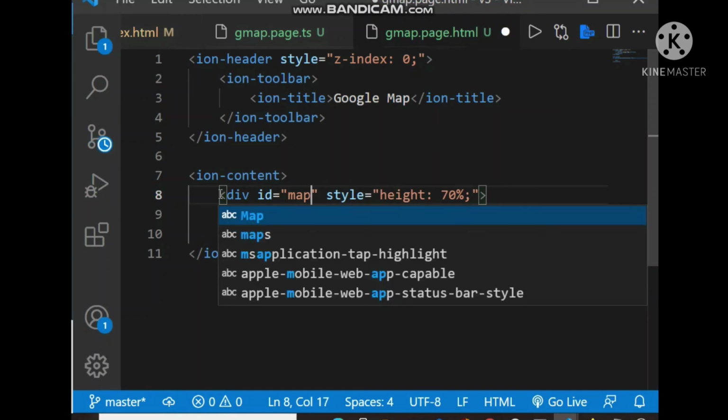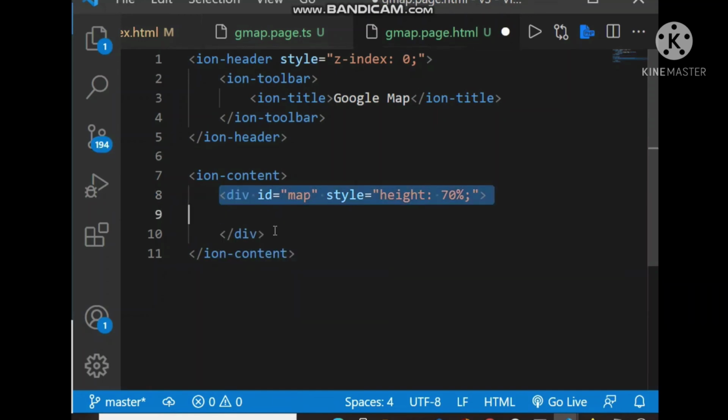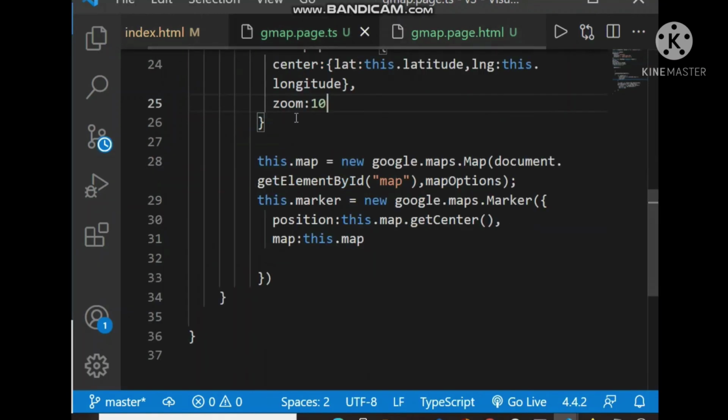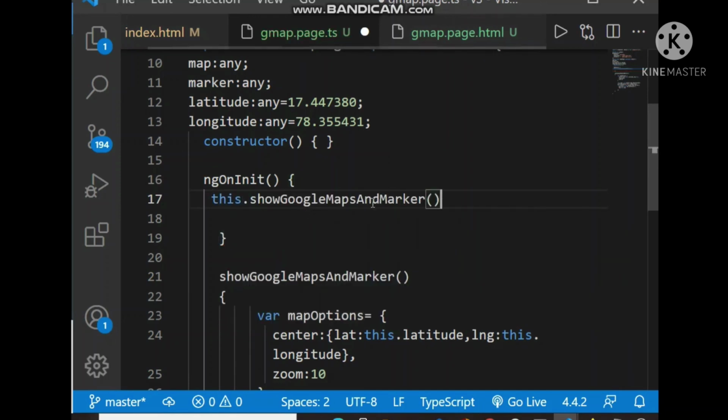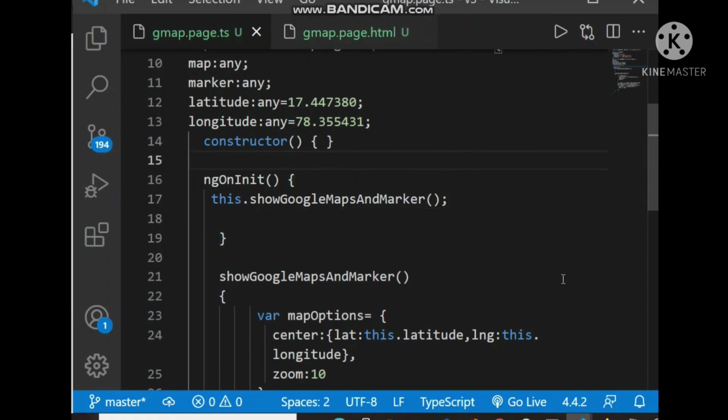So this is the div with the id map, where the map will be plotted when the page loads. We also have to call this method inside ngOnInit to plot the map. So when the page loads, this function is called and the map will be plotted on the screen. Let's check.